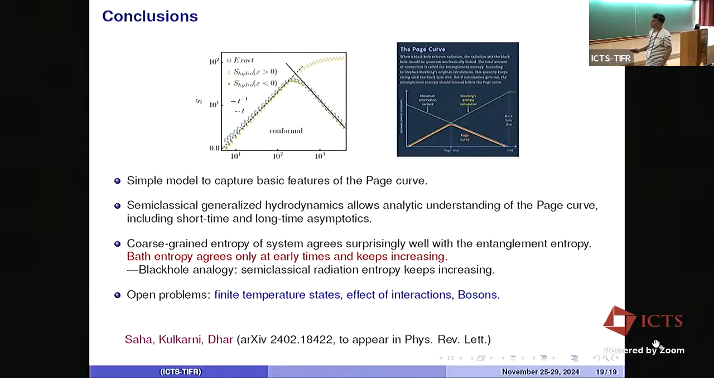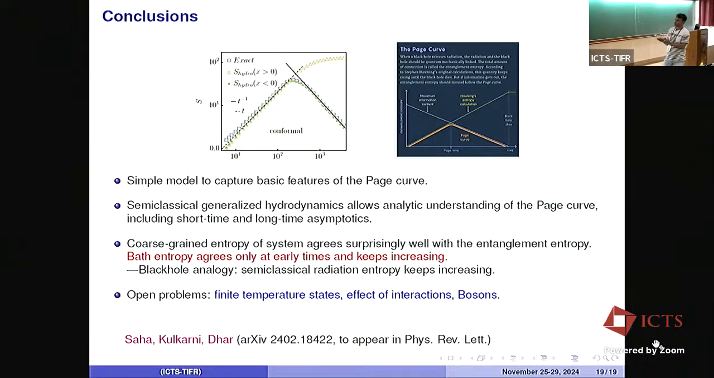Okay, and so I said that using this semi-classical hydrodynamics allows us quite a very analytic understanding of the Page curve for this simple system. And okay, so this is kind of surprising. We don't understand exactly why this coarse-grained entropy captures the entanglement entropy so well. I mean, it's probably because the entanglement entropy is maybe just thermodynamic entropy, and partly it's quantum correlations. And what this is capturing is more the